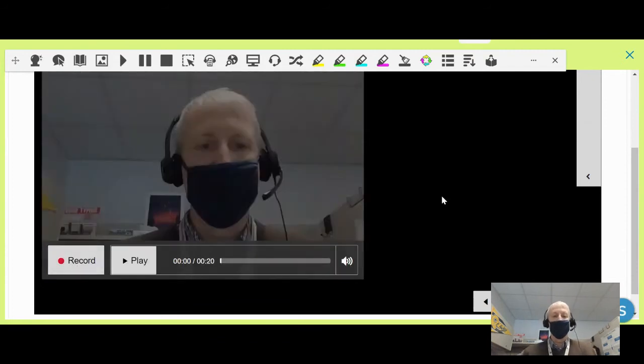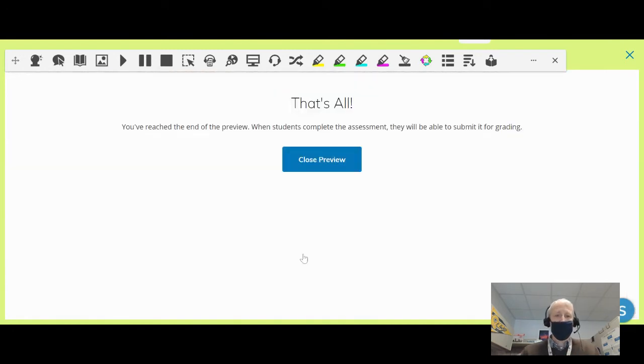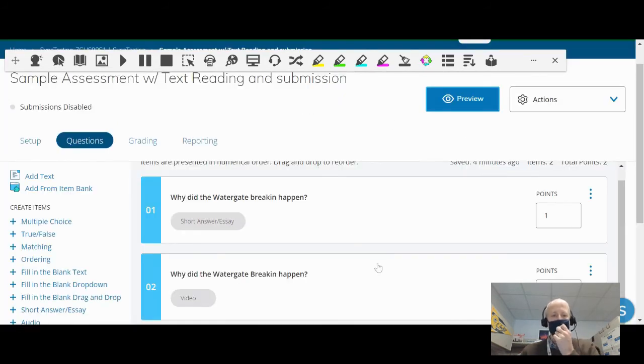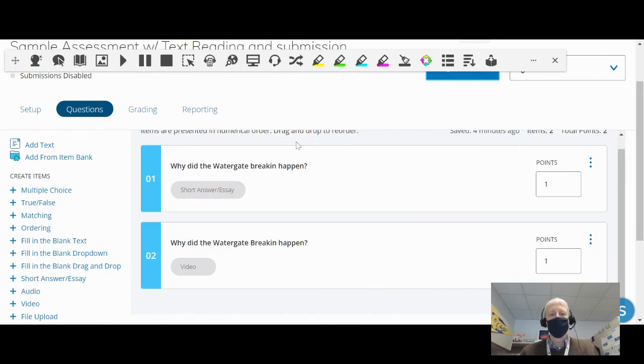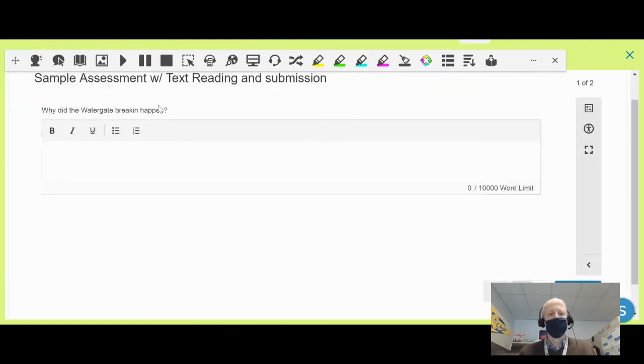And now students can play it back here if it works well, and then they can review and submit. So that is how they can create that, and they can use it. They can also, I didn't show the part where they can actually have the text highlighted to be read back to them, but in that same preview, if I'm on a new attempt, I can highlight the text here,